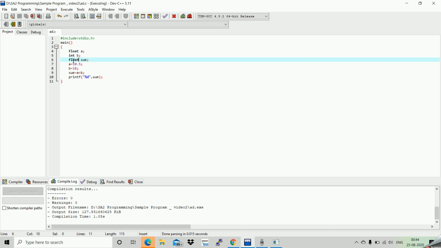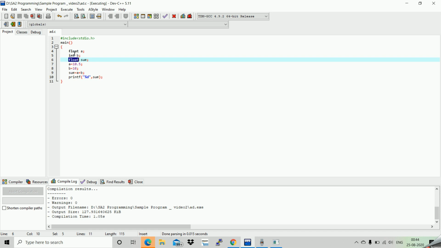But since I want to check whether I get the proper output for decimal values, and also to show you guys, I am declaring it as float itself. So sum is of type float, b is of type integer, a is of type float again. This means one of the operands is decimal, one of the operands is integer, and the result is also a decimal value.